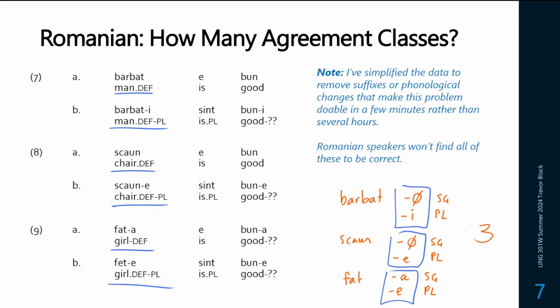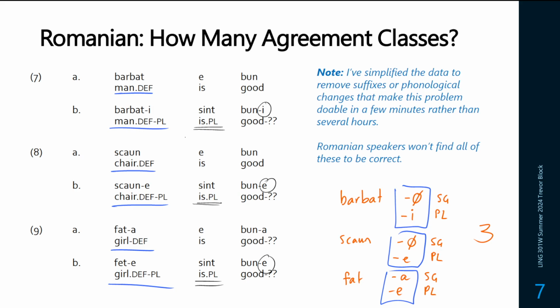And we can see when we take a look at the rest of the sentence that we do have essentially a gender system here, because the form of the noun is going to affect the suffixes on the adjective, and then we have some plural agreement there with the verb as well. So you might be thinking, hold on a second, we were just talking about gender, but now we're talking about singulars and plurals. Well, again, the definition is just any agreement system is considered a gender or noun class system.